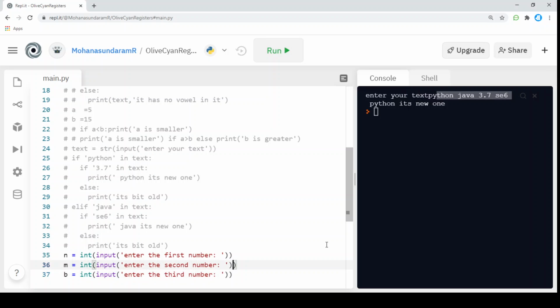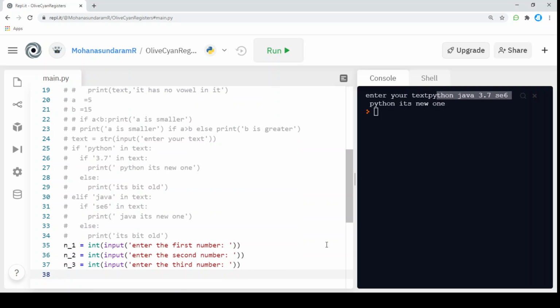Maybe I can change these to num1, num2, and num3. I'm getting 3 inputs from my user, num1, num2, and num3, and I'm going to check and find the greater of these numbers.